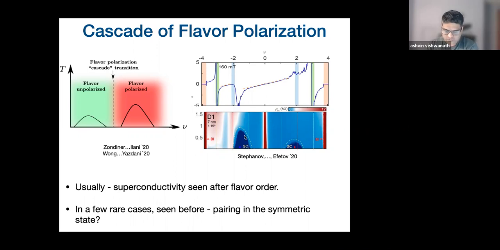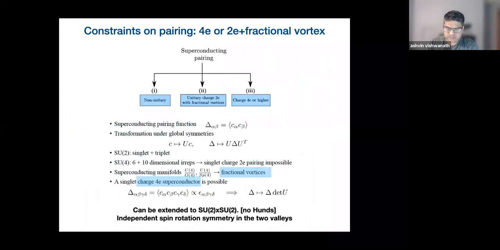But there are a few cases like this one over here, where there is superconductivity that appears near charge neutrality. If you look at, for example, the Hall effect, which is a sensitive way of telling whether there is flavor polarization or not, it turns out there is flavor polarization, but it occurs in a regime that is beyond these superconducting domes. So the simplest interpretation is that in these superconductors you're getting pairing between electrons before the symmetry between the different flavors is removed. Can we say anything about that case? Can we put some constraints? That's essentially what we did in this paper.